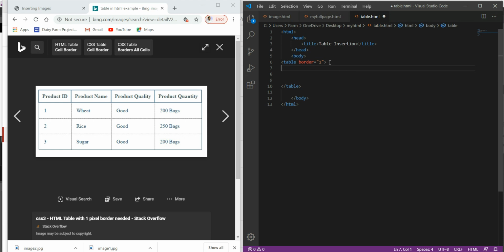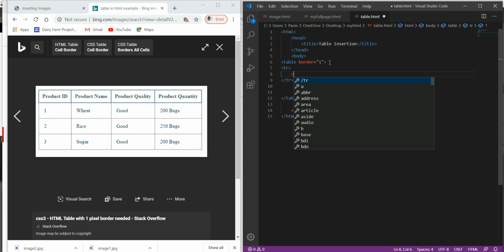For that we use the element tr. tr stands for table row. Within the table row we have to give these elements: product ID, product name, product quality, product quantity.